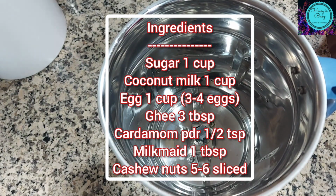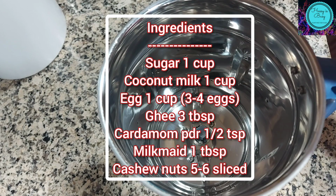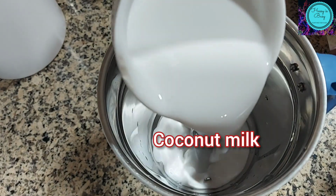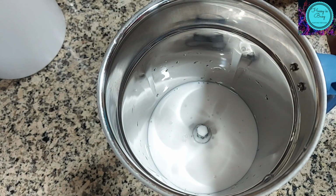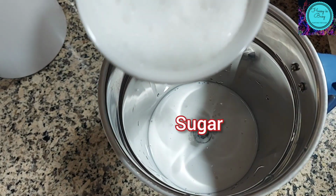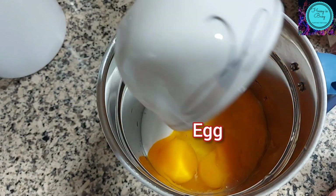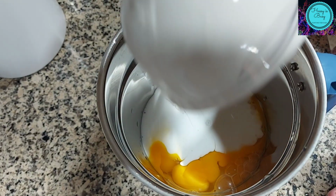Today we'll be making some Vattalappam. Now we'll add 1 cup of coconut milk and 1 cup of sugar and 1 cup of egg. You can rather use 3 to 4 eggs